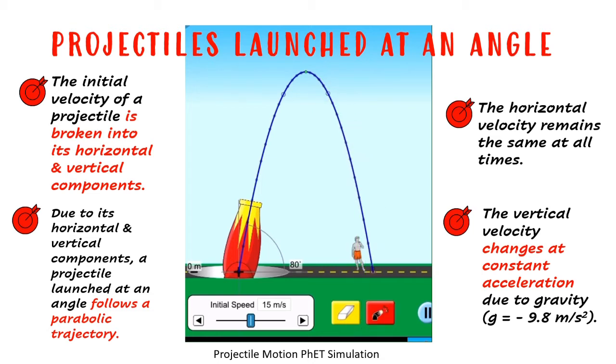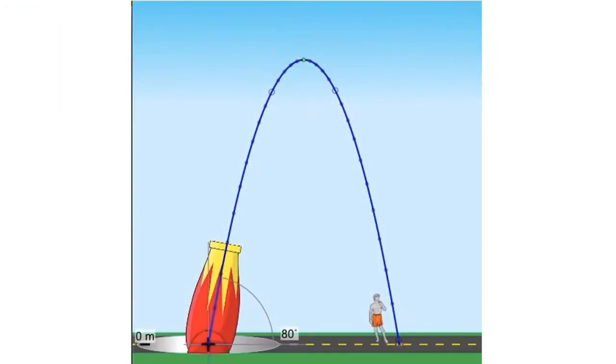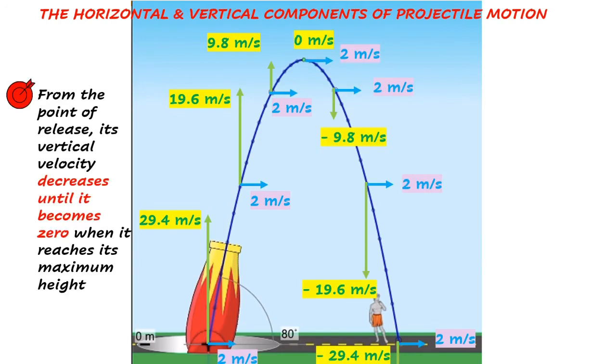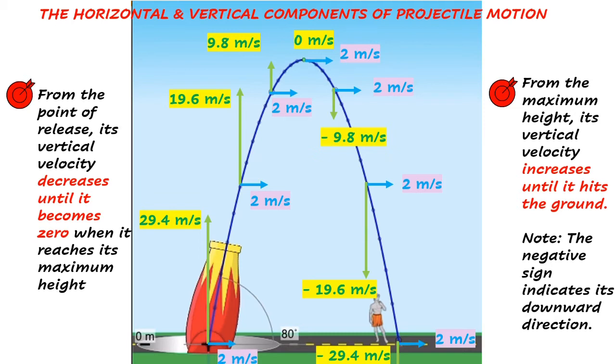From our previous discussion, we have learned that the horizontal velocity remains the same at all times, while the vertical velocity changes at constant acceleration due to gravity, which is negative 9.8 meters per second squared. The vertical velocity of a projectile changes at constant acceleration due to gravity. Its vertical velocity decreases by 9.8 meters per second every second from the point of release until it reaches zero